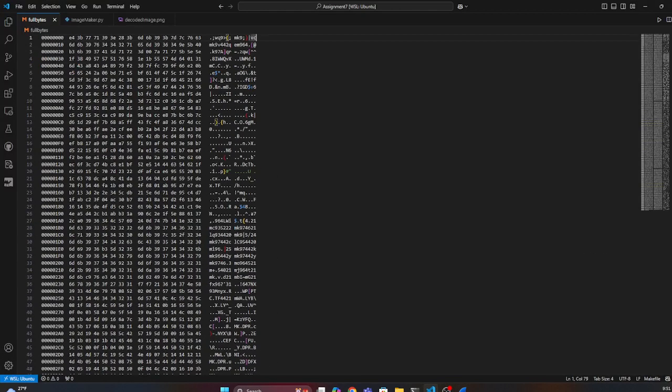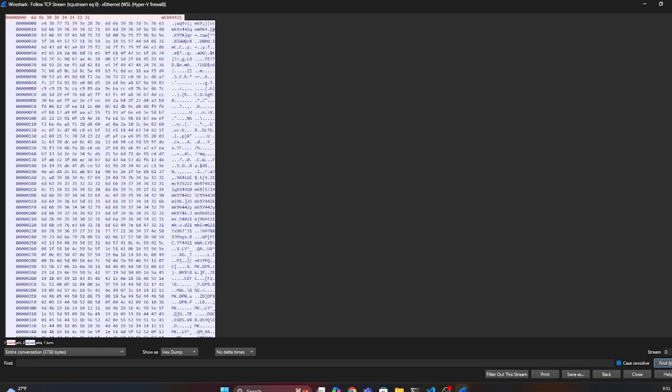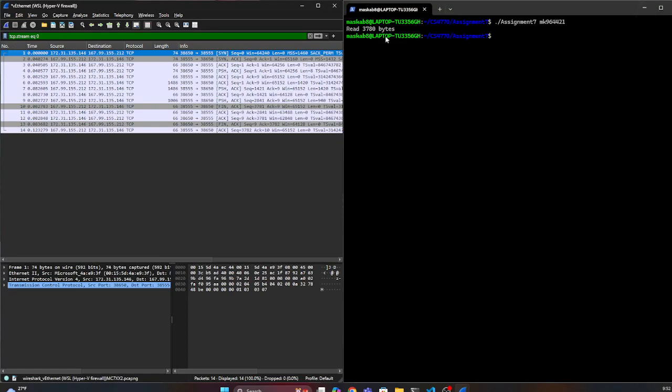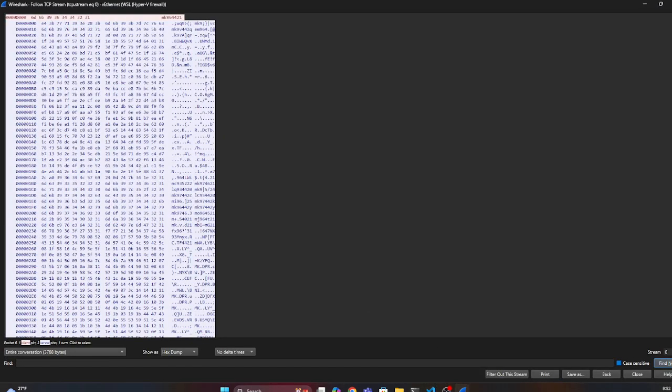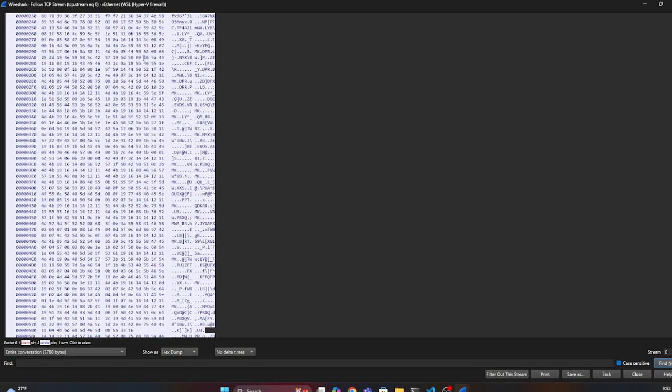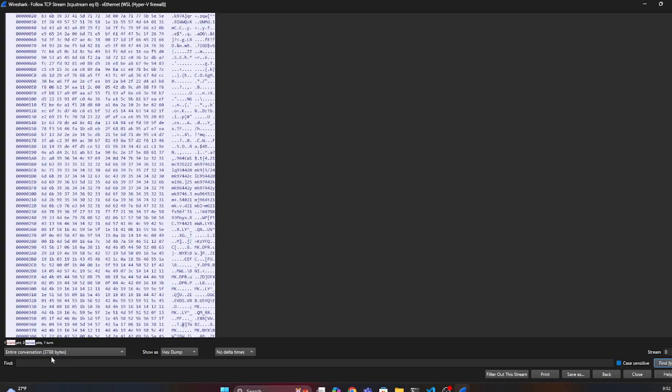Although if we look back at when we ran the program, we only read 3,780 bytes, which is all the bytes we need to recreate the image. So we got a couple extra things. Now these extra things are the initial TCP handshake that has to happen to confirm the connection between my machine and whatever the program was being hosted on, as well as the termination, which is where we get those extra 8 bytes from. So what we can do is click on this drop-down menu, and we can see here,